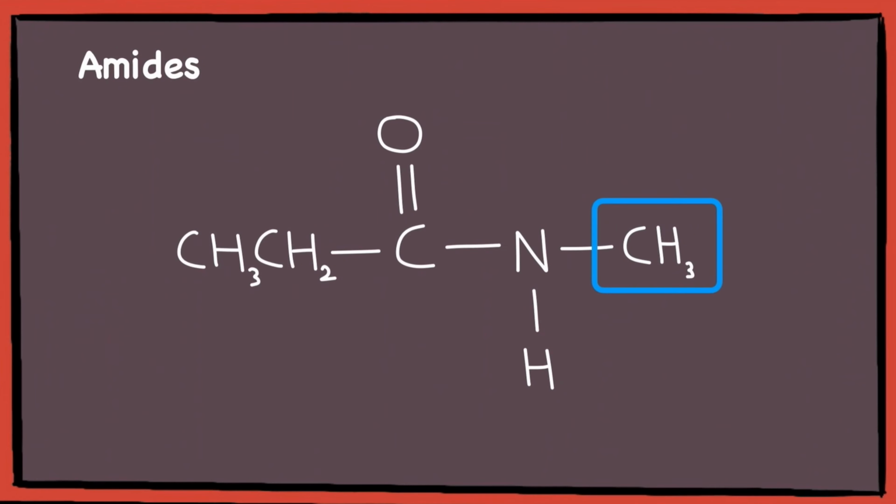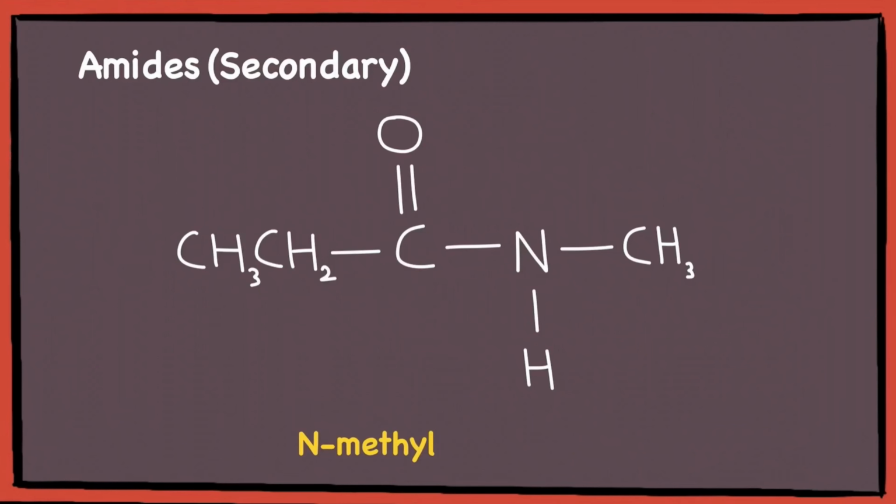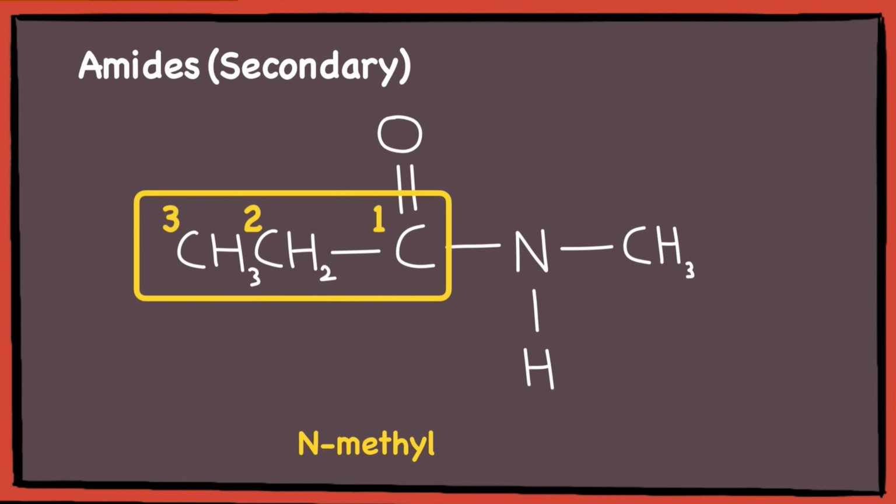Notice that there is one methyl group attached to the nitrogen atom, making this a secondary amide. Thus, we need to add in the N- prefix. Since there is only one methyl group attached to the nitrogen atom, its prefix will be called N-methyl. After constructing the prefix, let's construct the next part of the name, which is the parent chain. Since there are three carbon atoms, counting from the carbon in the amide group, the parent chain name will be